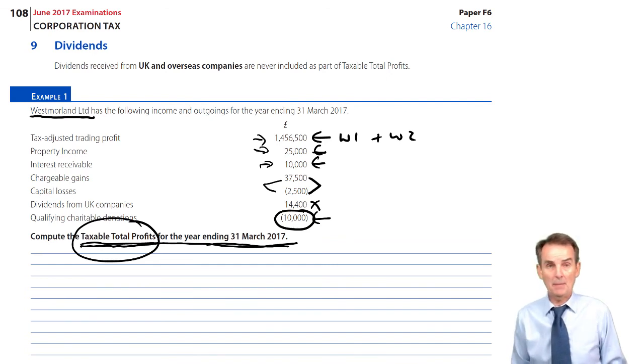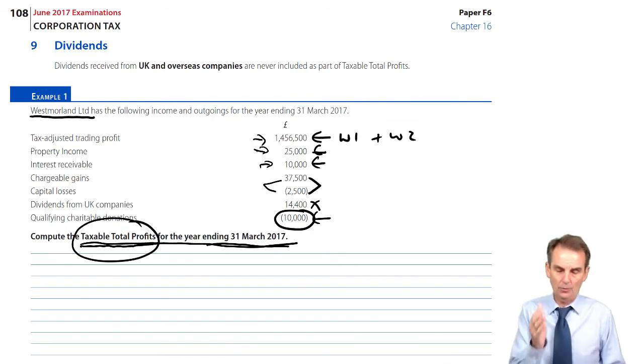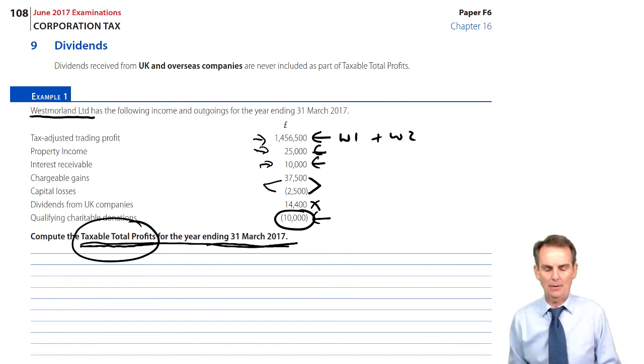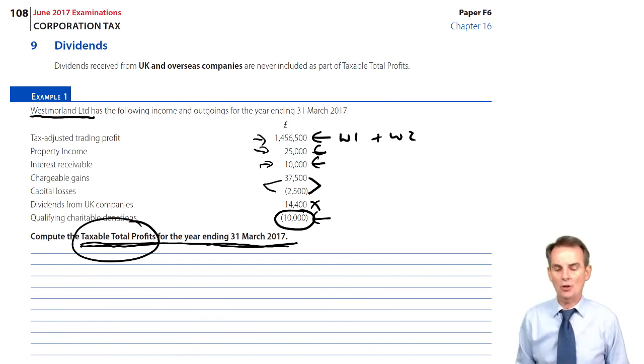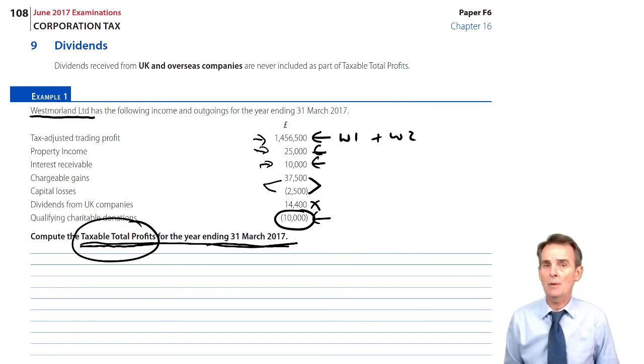It will, of course, be by following the rules laid down for how we deal with each item to include on that corporate tax computation. So just make sure you're happy with the basic corporate tax computation before we progress to that next chapter. But I look forward to seeing you in that next chapter where we'll deal with the long period